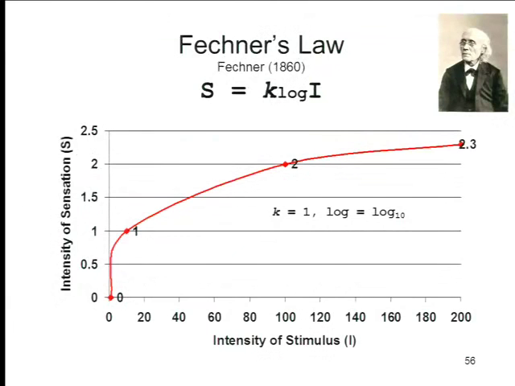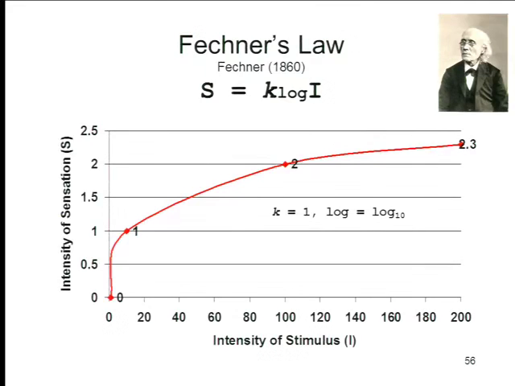Again, following on Weber's work, basically a translation into a more general principle, S equals K log I, and that simply means that for every physical property of a stimulus, there's some logarithmic function that relates the physical stimulus to the sensory experience. And this is just a plotting of the data I showed you before on a different scale, and you get this